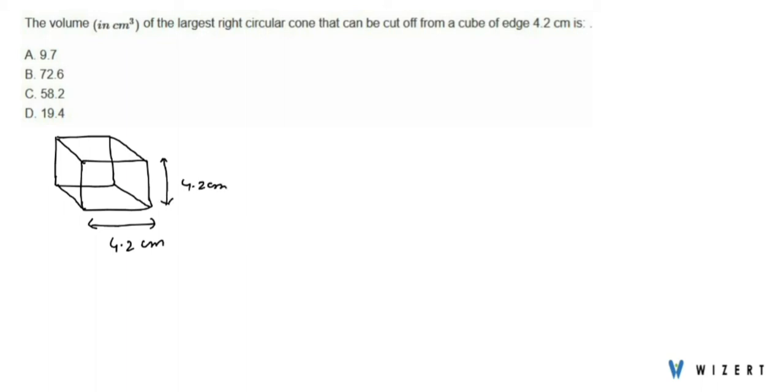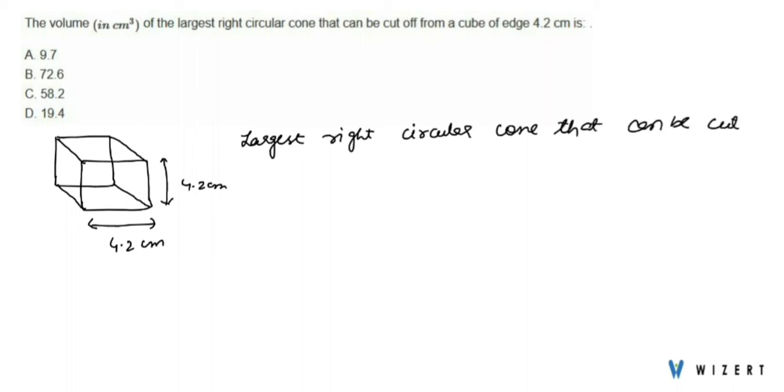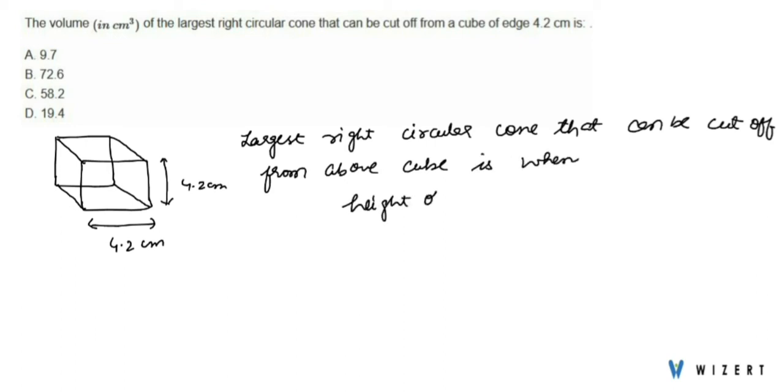Now what we have to do is find the largest right circular cone that can be cut off from this cube. This is only possible when the height of the cone will be equal to this edge of this cube. So we can say that the largest right circular cone that can be cut off from the above cube is when the height of the cone is equal to the edge of this cube,